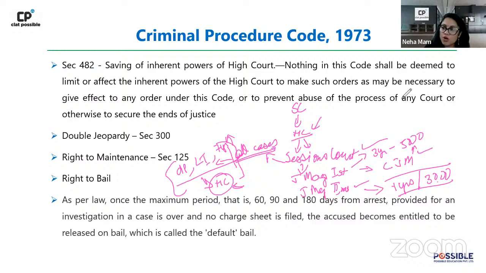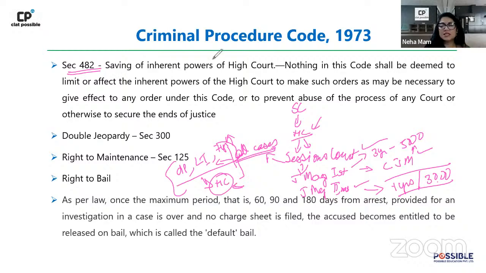So this is a broad hierarchy. This is very, very important because at the end of the day you want criminal justice to be dispensed equally everywhere. It should not be that somewhere you are dispensing it and somewhere you are not. In fact, one more thing: to ensure that fairness is always there in criminal trials, there is this Section 482